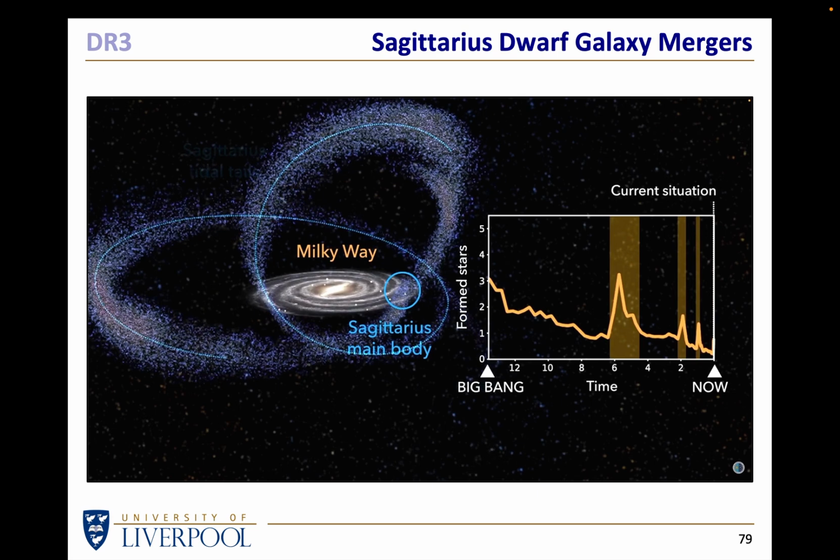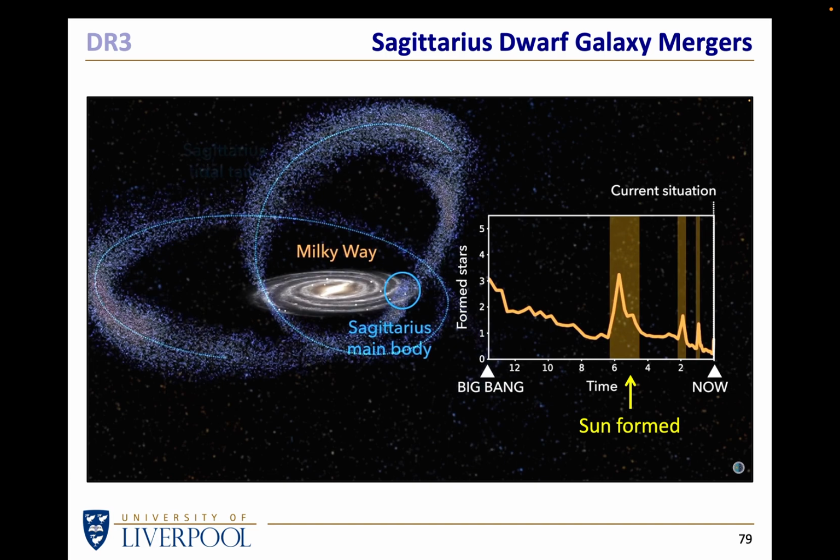And one of these interactions of the Sagittarius dwarf galaxy with us was 6 billion years ago. Just about the time when the sun was born. So it is quite possible, very difficult to prove, but it's quite possible that we are here because the sun was born, because the Sagittarius dwarf galaxy clipped us and produced a whole load of new stars, and maybe our sun was one of those stars. So maybe we owe our existence to the fact that the Sagittarius dwarf galaxy came and gave us a clip